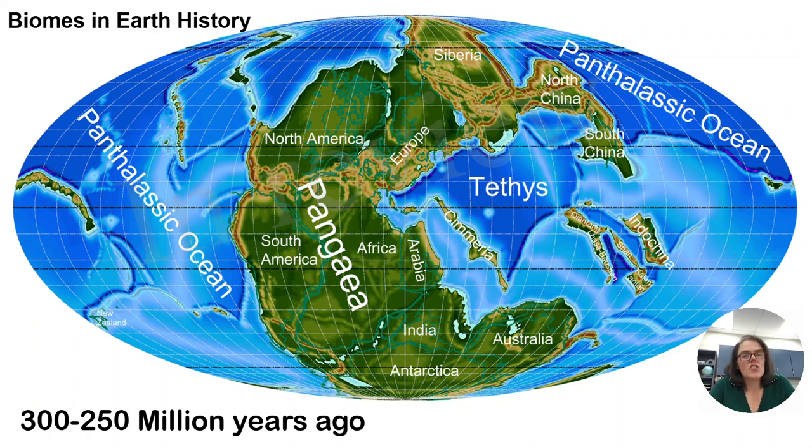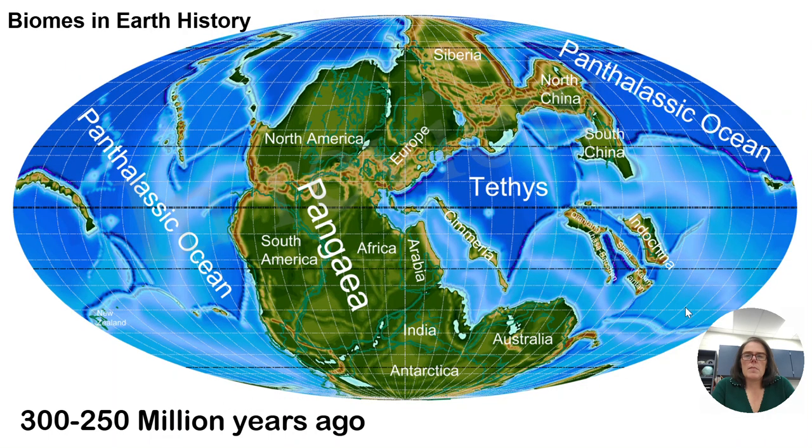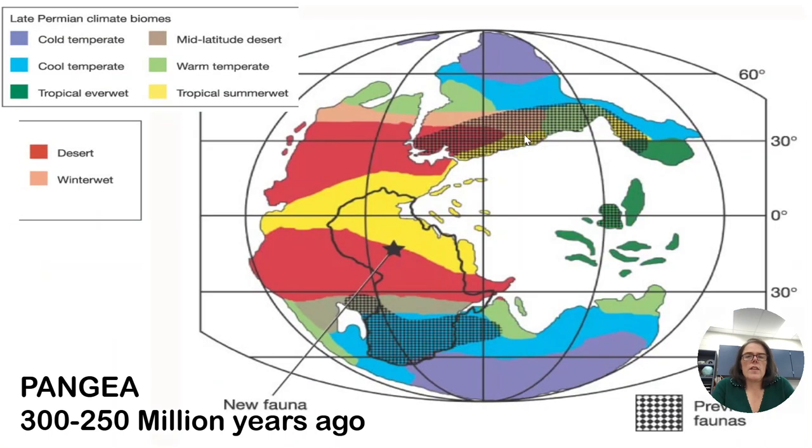So that kind of changes things a bit, but does it? We have this enormous ocean, the Panthalassic Ocean out there, Tethys in here, but we have this giant continent. So let's think about biomes 250 to 300 million years ago on Earth. Here is a picture of that. It's a little bit hard to see, but here's our Pangea, right? Here are all our continents outlined in black, all those islands that you saw back here. All right, so that's what this looks like.